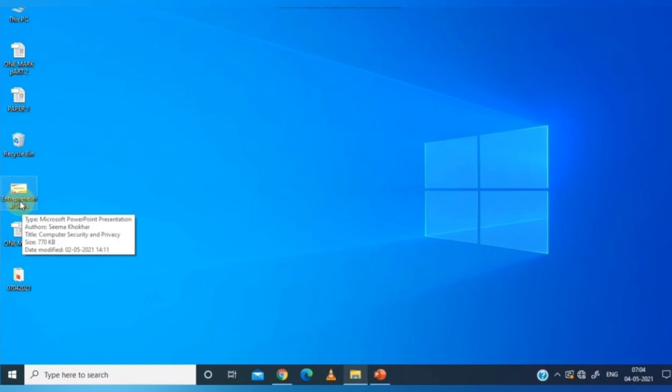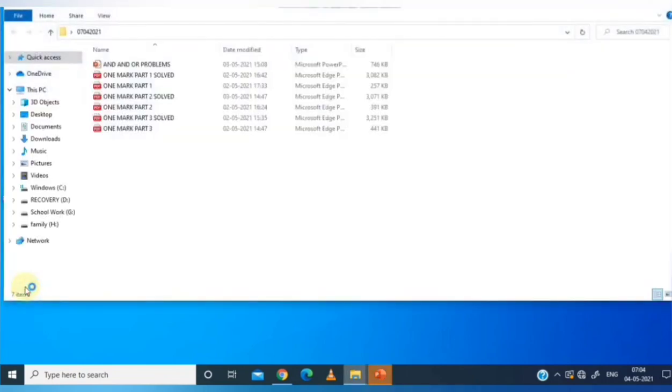This is called rollover. When I am double clicking the file, it will open the presentation. Or suppose I'm double clicking on that folder, 7th April 2021, it will open that folder. So this is called double clicking.